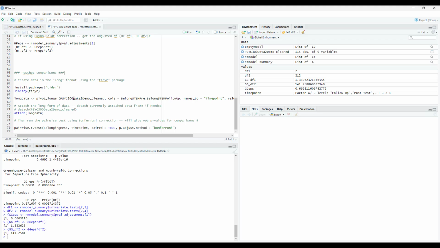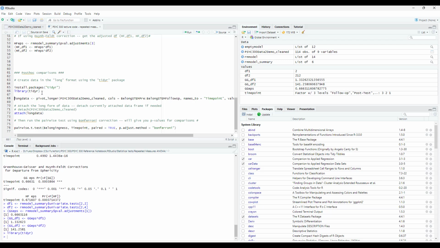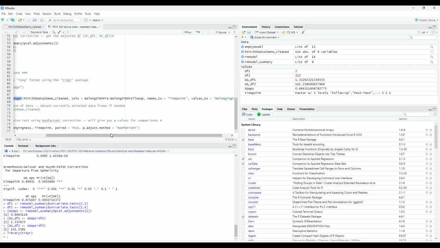And so first of all, you will want to install, and you can go to packages and install if you would like, the tidyr package. I already have it installed, so I'm just going to load it for now. You can use the library function to load it. And then here is that long data code. And so here is what I called it, just long data, because imagination is not very strong right now. pivot_longer is the function we're using, and then we've got all this information to put inside.